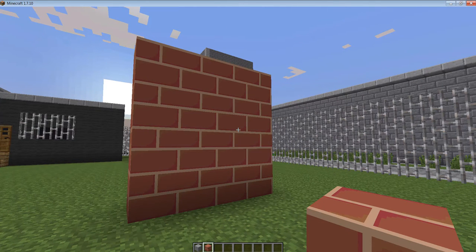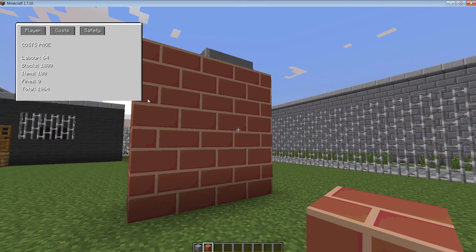If we go back and have a look at the costs at this stage, you will see that the labour is £64, so that's just every minute, as I explained at the outset, every minute played equates to £16, so that's just totaling up the time played. The blocks that we have used to date have added up to £1,800, so that's the excavation of the groundwork of the earth, the placing of the concrete construct, and then the placing of the wall blocks. We have £100 for the 4 items of clothing we used, no fines because everything was built as it should have been, so the total cost for this build at the minute is